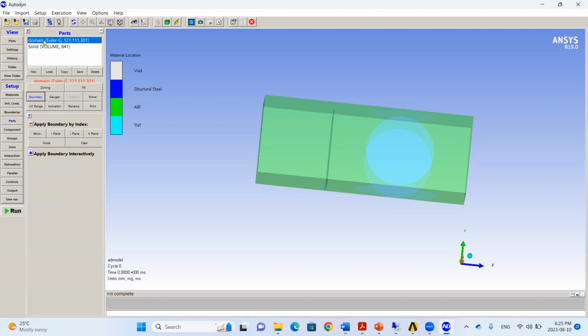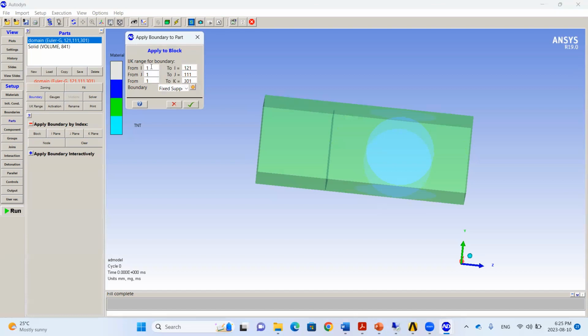Take care to be pressing this domain. So block. We will make now from I 1 to 1. This is I plane number 1. This is I plane number